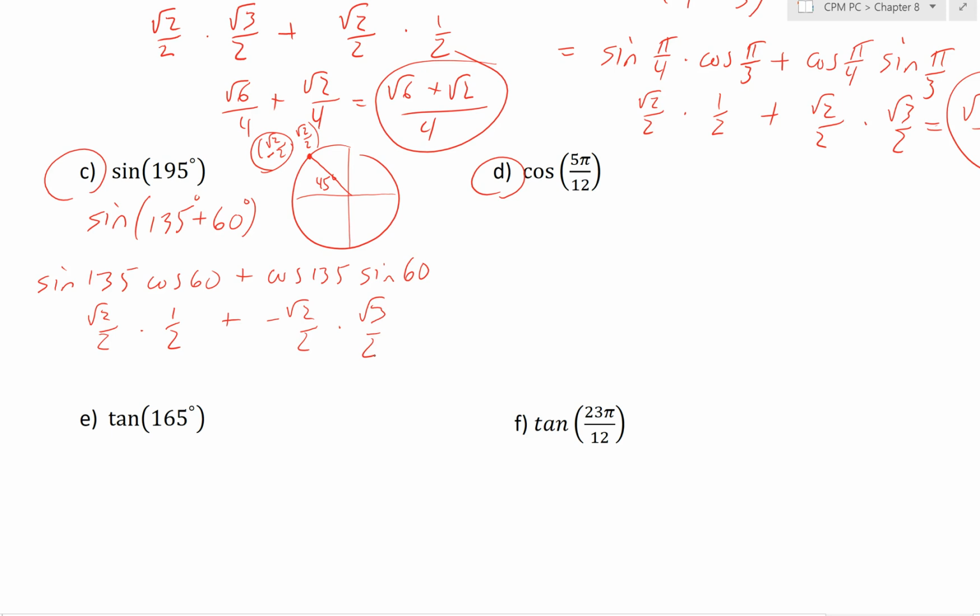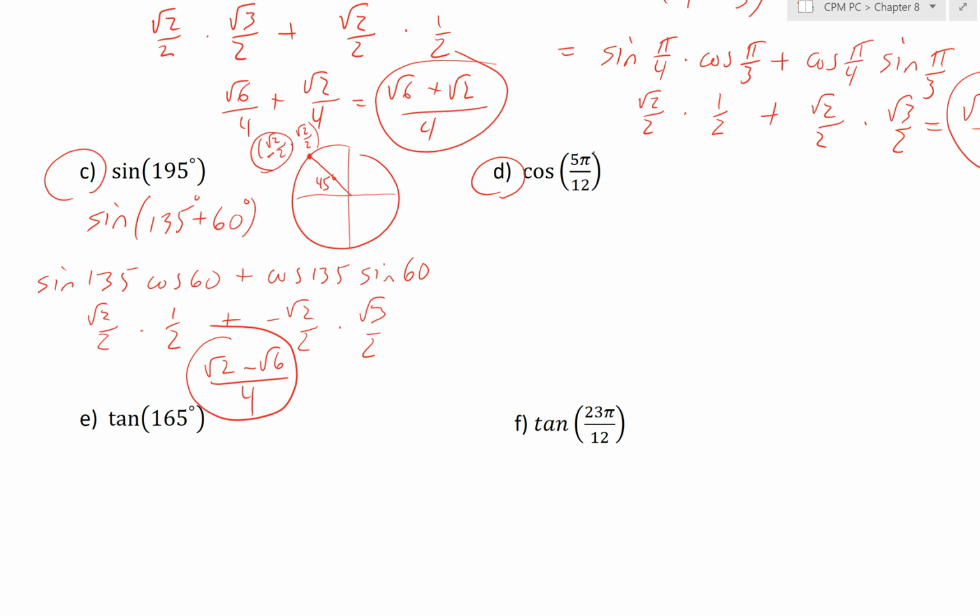And so then when we multiply those and add, we get root 2 minus root 6 all over 4. 2 times 2 is 4. Okay, so that's our final answer for that one. You may have gotten negative root 6 plus root 2. That's the same thing. Okay? And then for D,